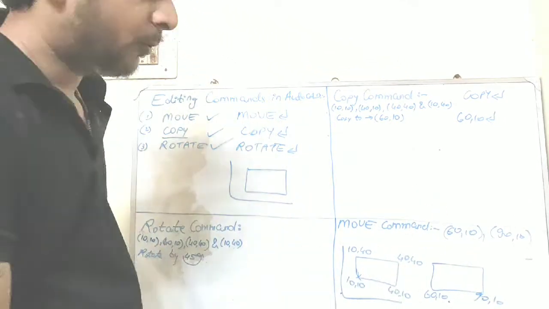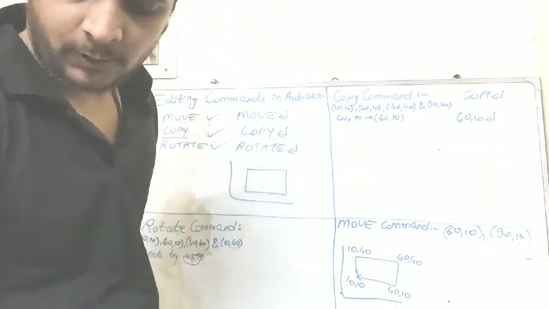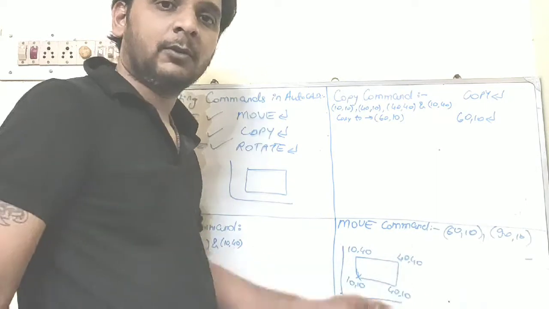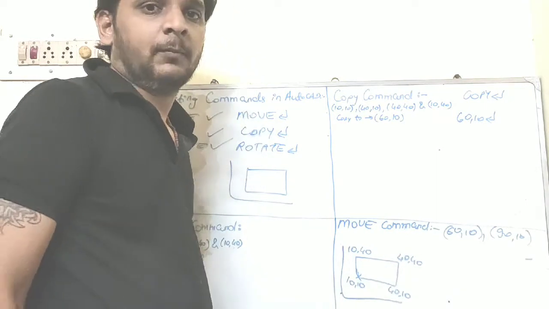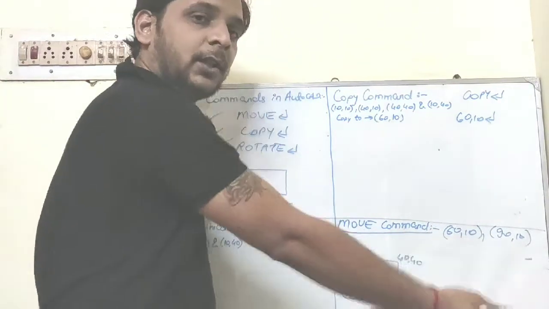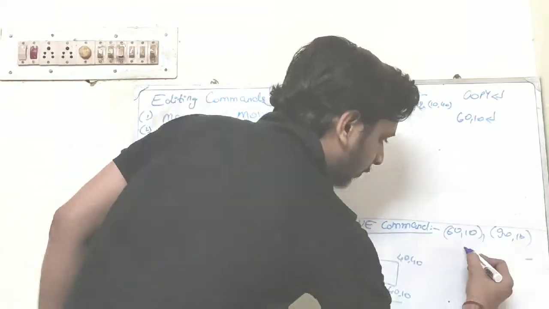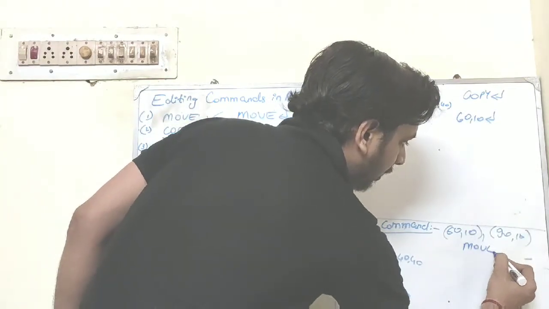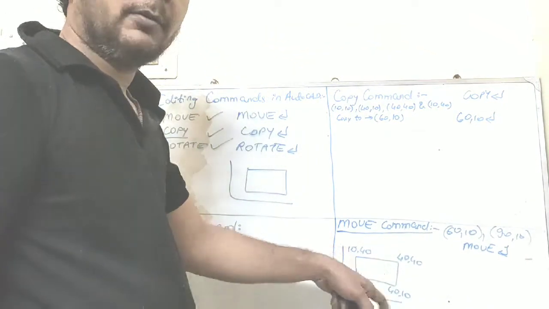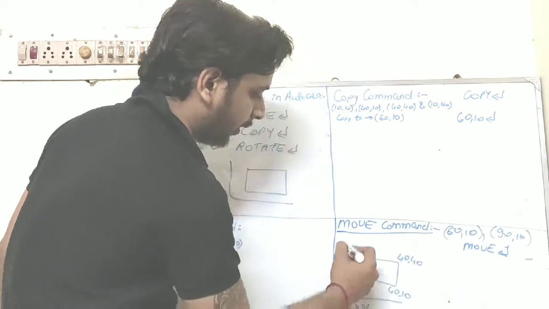So how to solve this problem? First of all, we are using AutoCAD, so whatever problem we solve, we solve at the command prompt by using the commands. For moving any object, we will use move command. So at the command prompt, we will type move and press enter key. Then your viewport will get activated on the screen. Viewport means x and y coordinates grid system.